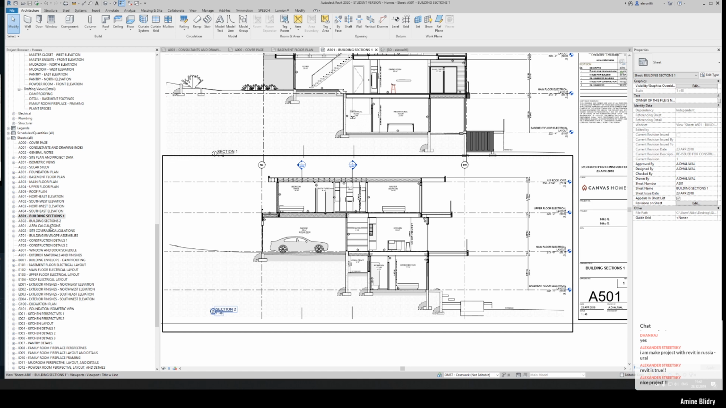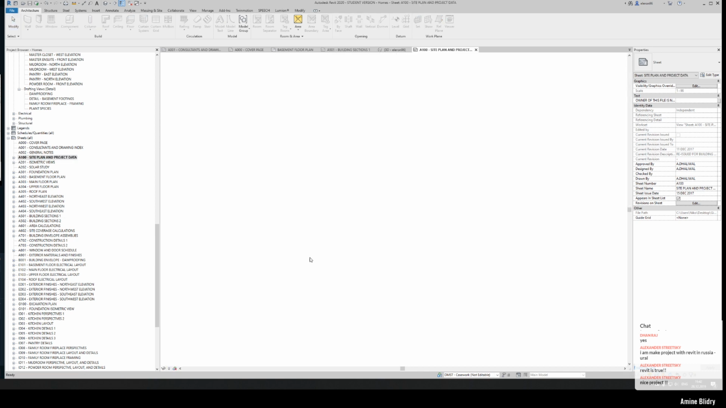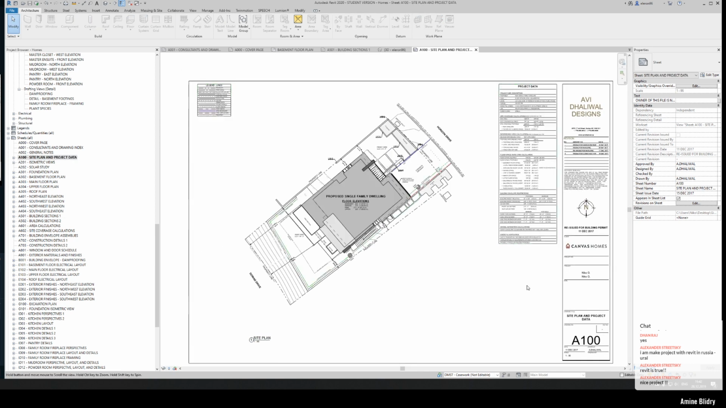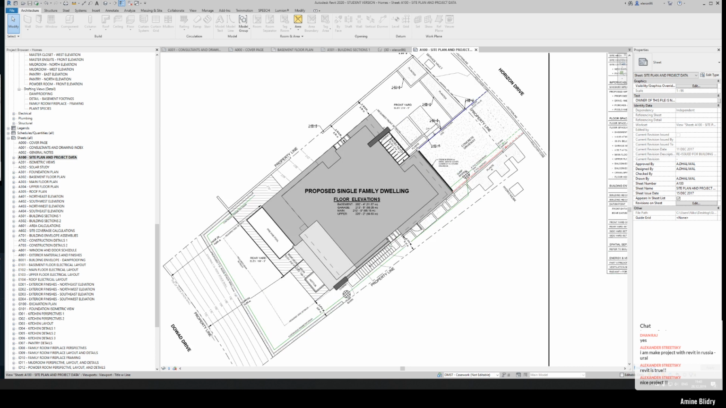Let's go back, for example, to the site. Maybe here is my site isometric view, site plan, and project data. So you will see the site plan. You are an architect, so you know that the site plan should always be oriented on the real north. So don't forget about that. Just orient on the real north and put your